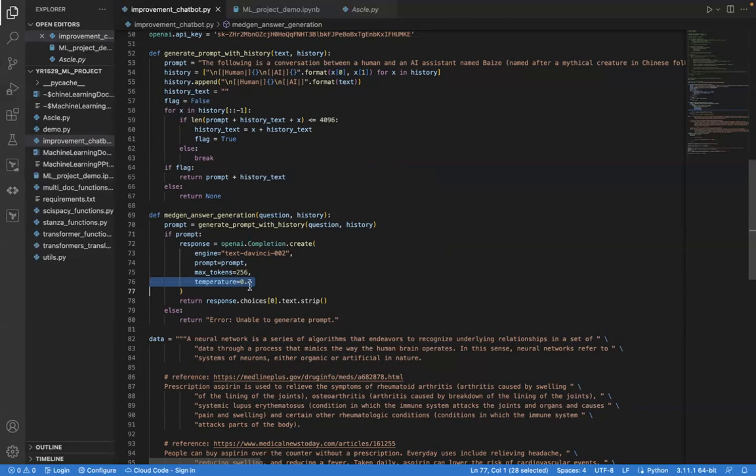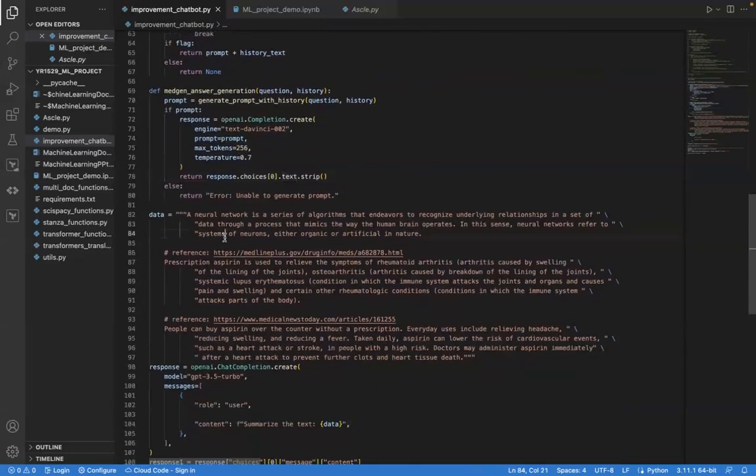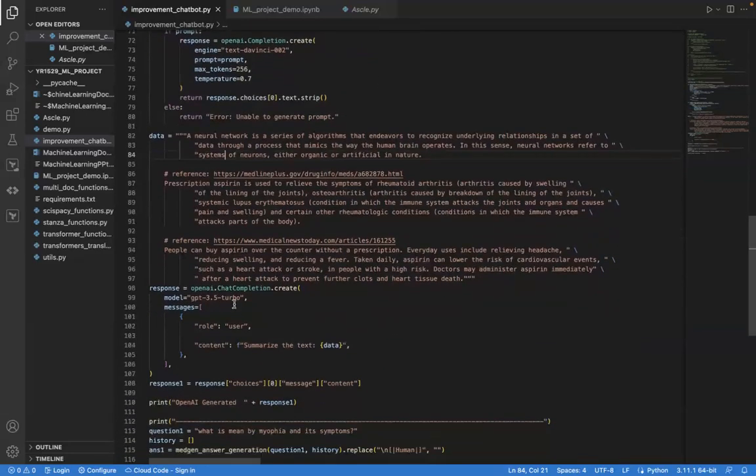So we can adjust the temperature based on our need, and it will just return the first choice, and then it will strip the space from the data. Because this is my data here. So they're talking about neural network, and they're talking about aspirin prescription, and how it can be helpful for relieving headache and reducing swelling and reducing fever and whatnot. Okay, so I'm using the model GPT 3.5 turbo here,